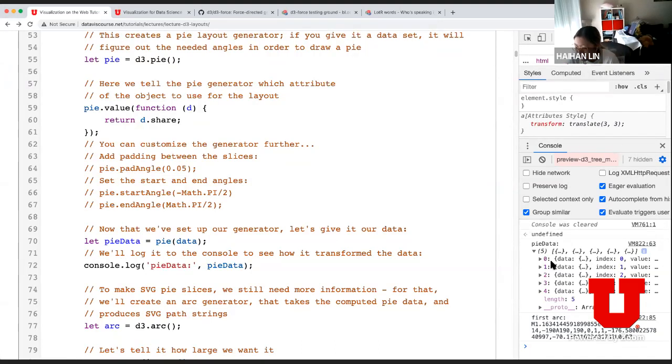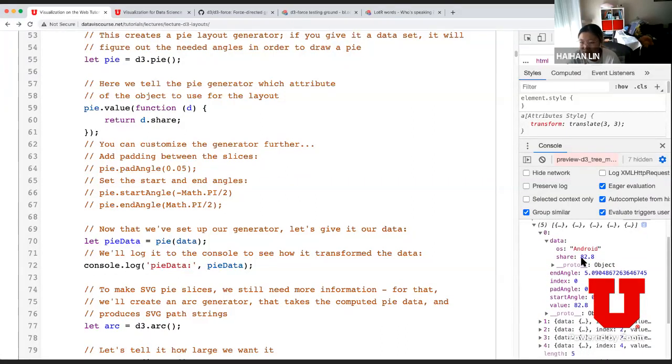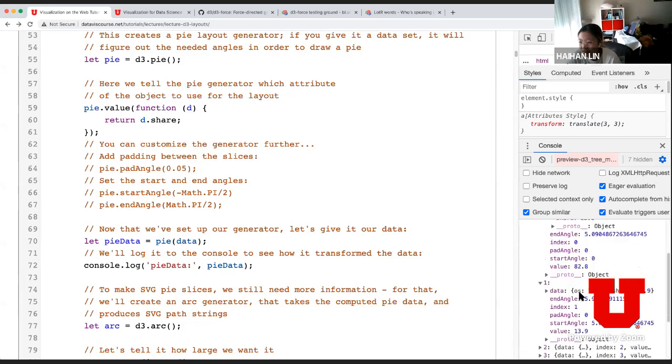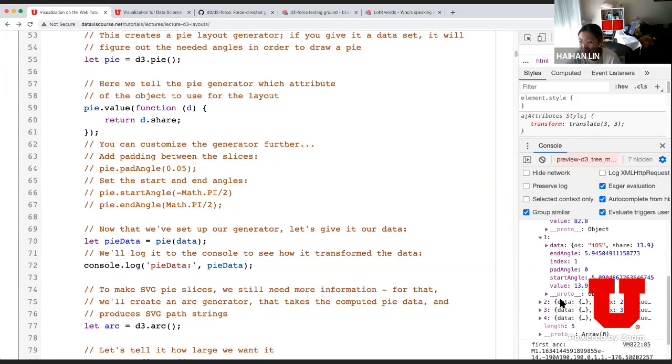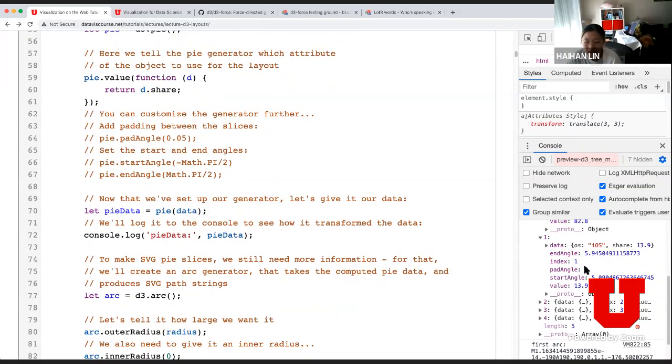Okay. So here we have the calculated pie data. For each one, it has a data field, which was the original data input for each slice of the pie. And then it says where it starts, where it ends, what the index is, and the value being calculated. So this is calculated for each slice of the pie. We have that information here, but you can't really draw based on this, which means we need to have